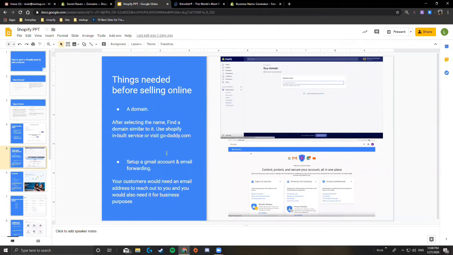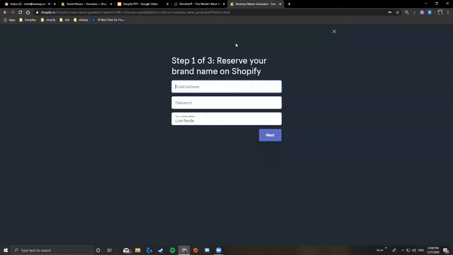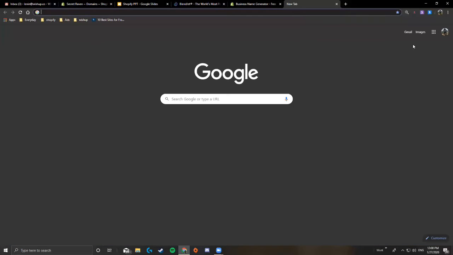And then you also need a support email for the clients. For example, if they want to reach out to you for refunds, maybe any inquiry or anything such, you need to create a support email with Gmail. So what you can do is, for example, you selected Line Panda. So you create an online account with linepanda.com, at gmail.com, and then in settings you can forward the email. But then there is a way to do it for changing the domain name. For example, if you're doing it through Namecheap,